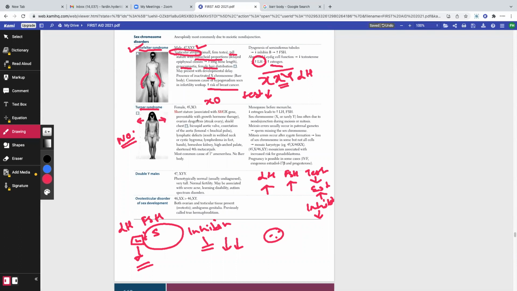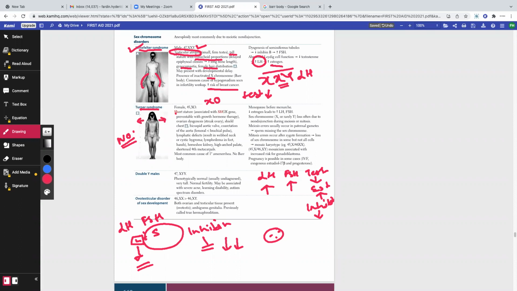When we say shield chest, what do we mean? For example, in the past, when there were wars, do you remember that when you watch a war film, when they're fighting, they use shields to protect their upper trunk? Yes or no? Fast answers, please. Do you understand what I'm talking about? Yes. So those shields, are they flat or not? The answer is yes. The same concept is used for these females who have a shield chest, meaning that they have underdeveloped mammary glands.